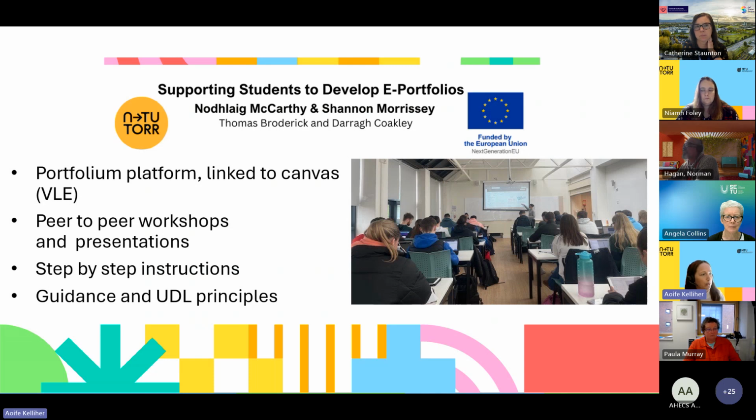So they chose how they did it. They delivered the peer-to-peer workshops, and they could see the importance of offering step-by-step instructions for students. That idea of just putting something up online, a support that is there for students to engage with, it's there, but really you need those resources to bring those students to the space and walk them through it. That is extremely important.